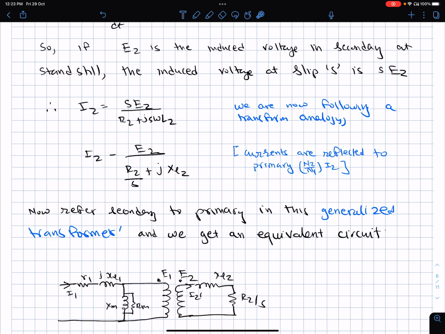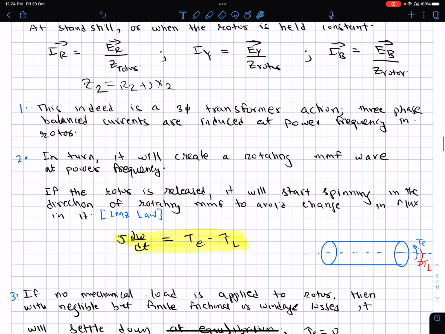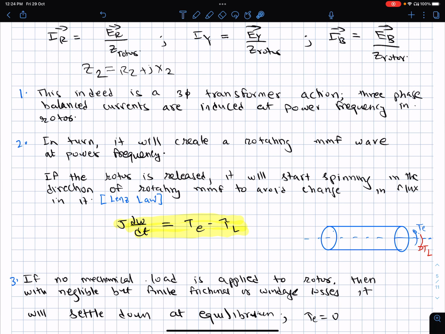You didn't give that freedom. Now since you have given the freedom for it to rotate, what will happen is, once the current starts flowing in the rotor windings, then by the principle of BIL, they interact and create a torque, and the rotor starts rotating, chasing the rotating MMF produced by the stator.